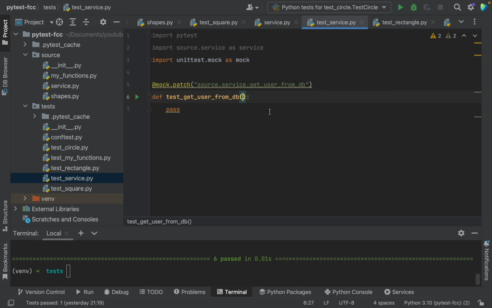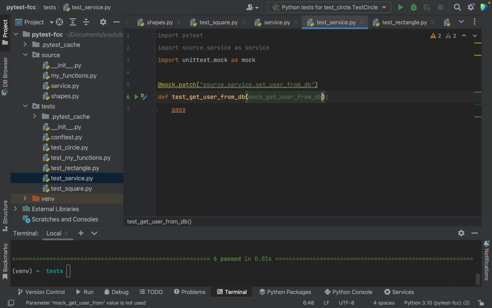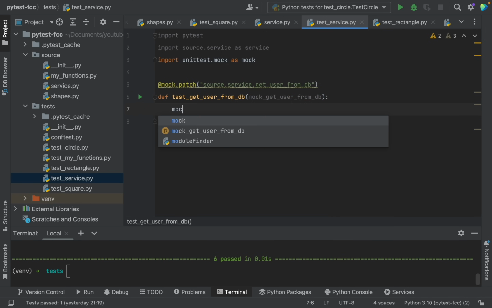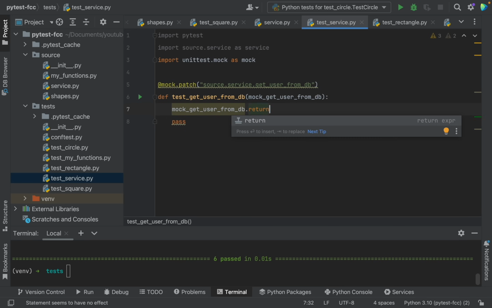Then we need to map that to an argument here. So a bit like how we did with fixtures, or with parameterizing, as we looked at earlier, we can say mock get user from DB. And this doesn't have to match this. So this mock part, the naming convention, there's nothing strict here. I've just named it that for readability, but you can call this whatever you want, so it doesn't matter. Then we'll say mock get user from DB, and we'll say that the return value is going to be